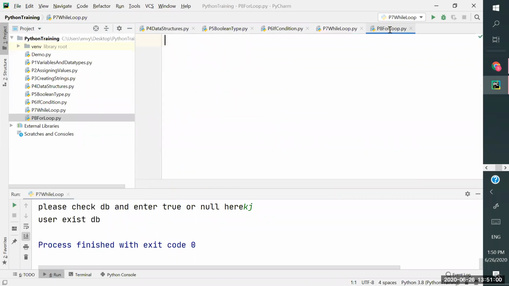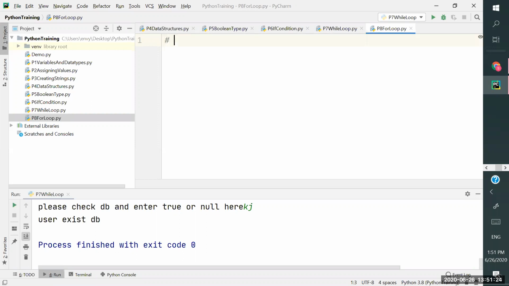And when it comes to the for loop, it is iteration based. That means I want to iterate over a list, or I want to execute some code a specific number of times. So in these kinds of situations we can use a for loop. Let's see that.